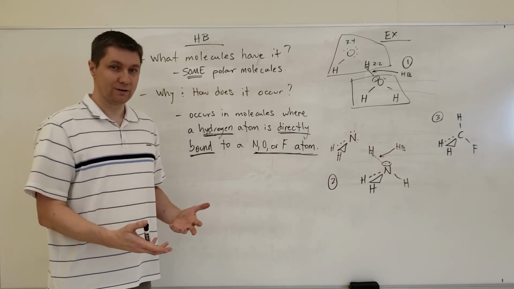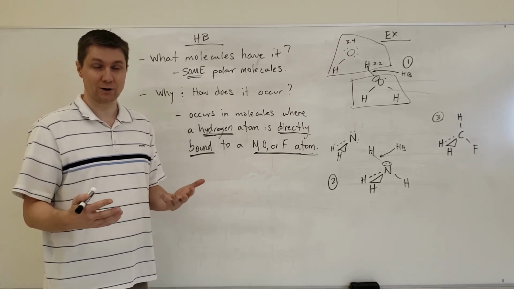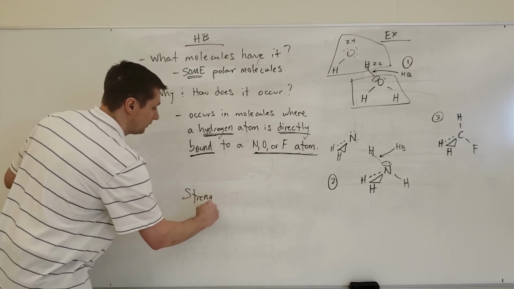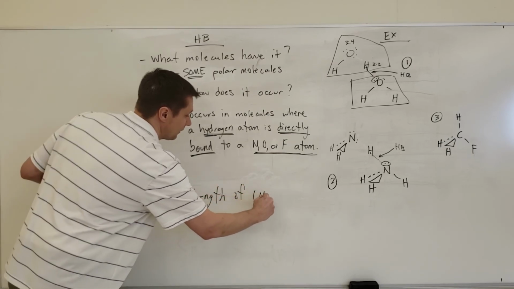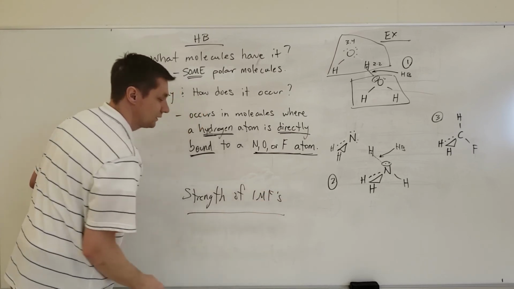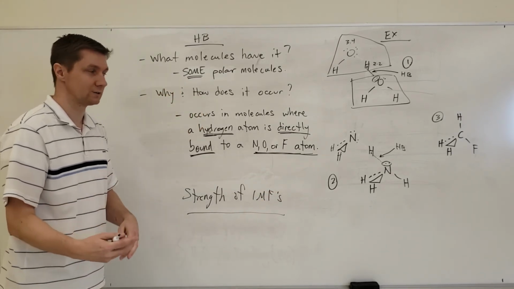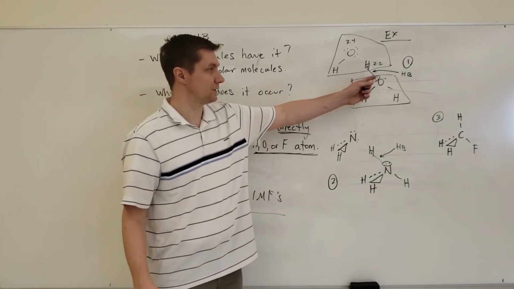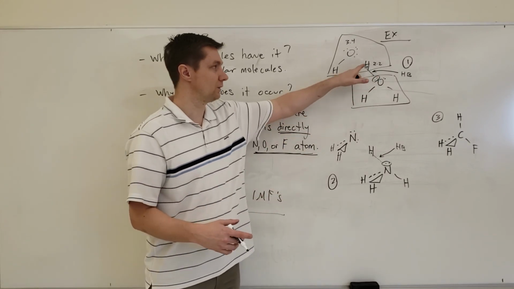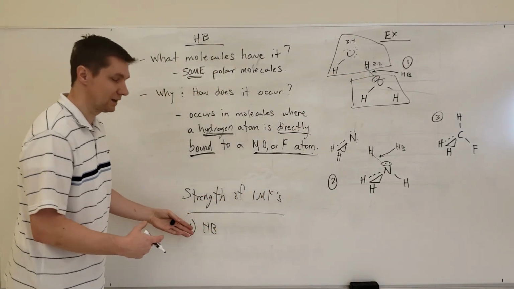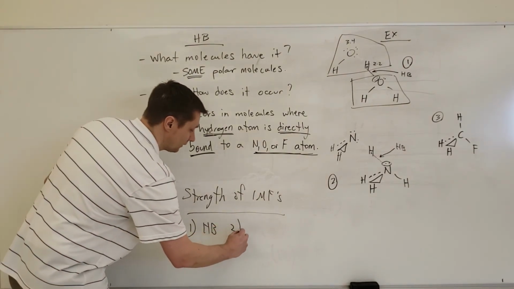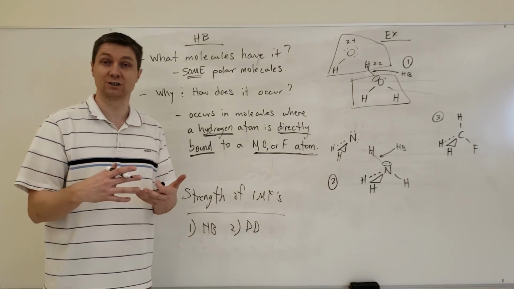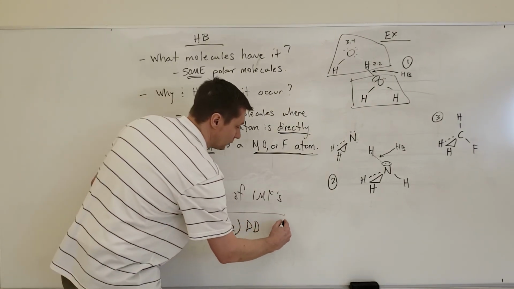Now that we've talked about all three of these, what we can do is compare the strength of these three. So if I'm looking at the strength of IMFs, and I were to rank these in order from strongest to weakest, I would rank them number one, hydrogen bonding. The reason why is because I've got things that are fully negative interacting with things that are fully positive. And so that's the strongest out of the three. The second is dipole-dipole, and it's because it's an interaction between partial charges that's permanent. And then the last one that's the weakest